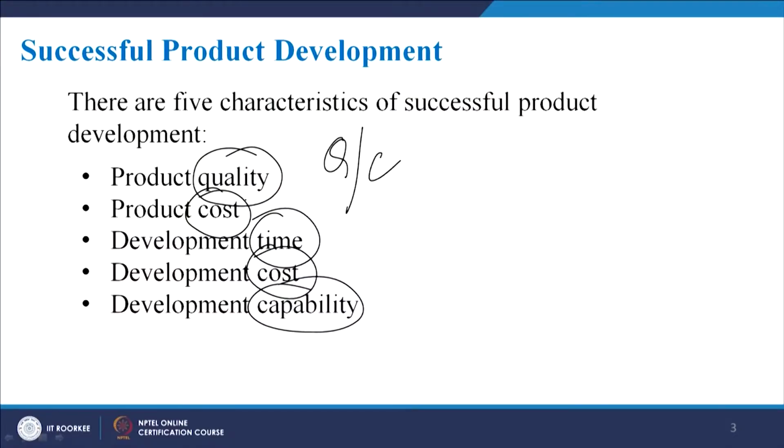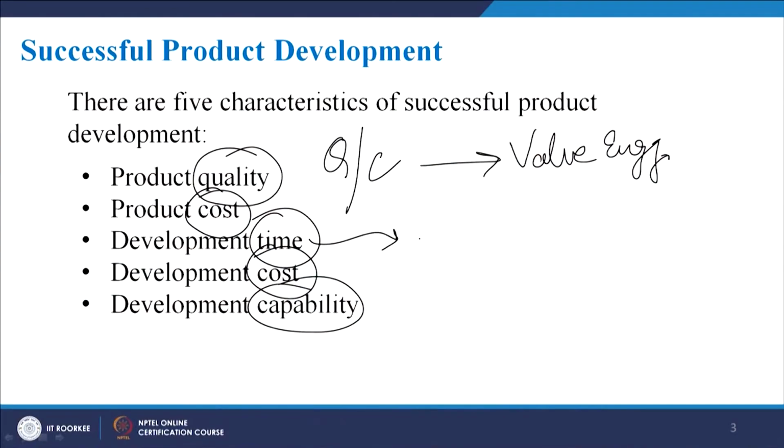So first thing is quality. We cannot compromise with the quality of the product, and as you can see, the 2 terms here, quality and cost, are the most important things, and these will further lead us to the concept of value engineering. So these 2 things we have to take into account, and then the time also is equally important. Why? Because the technological advancements are taking place. Each and every company has the know-how of what technology is happening.